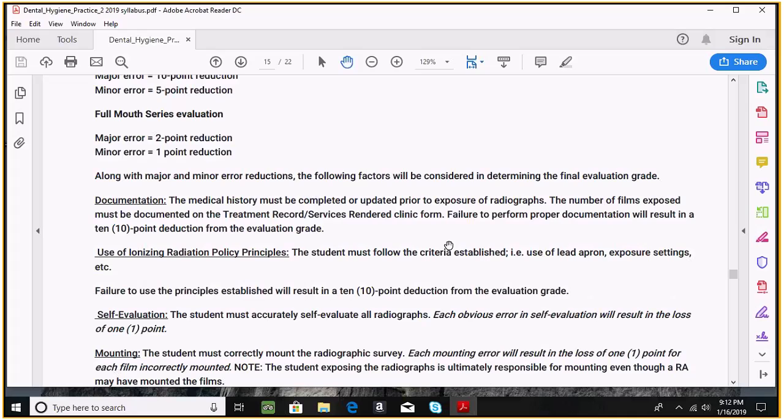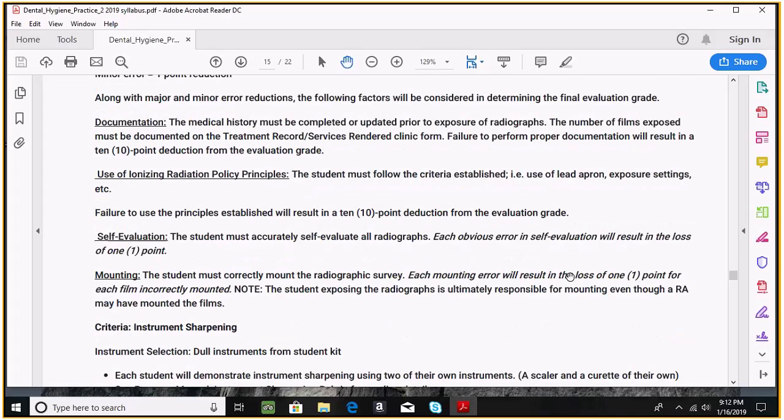Make sure that the number of films exposed is documented in your treatment record services rendered clinical form. If you don't do all of this paperwork or the proper documentation, it will result in a 10-point deduction from your evaluation grade. So you want to make sure that you do everything